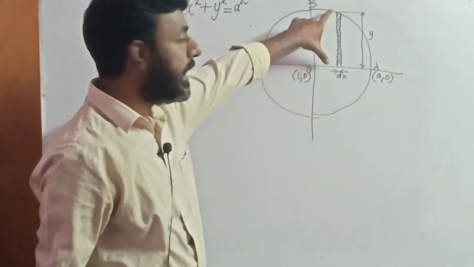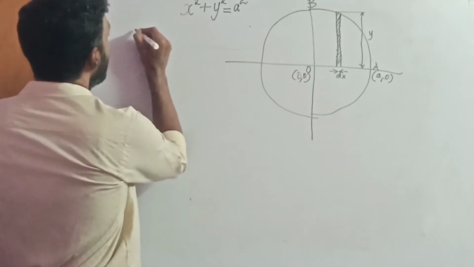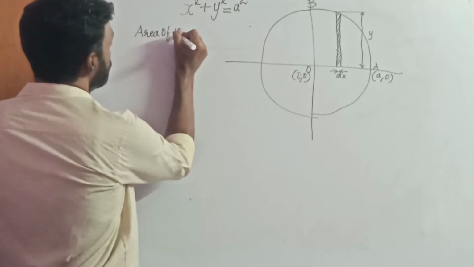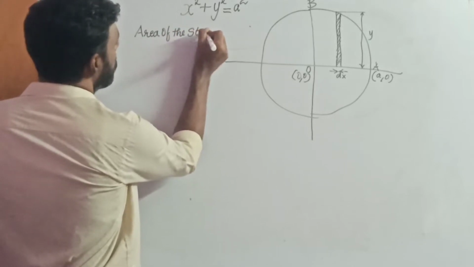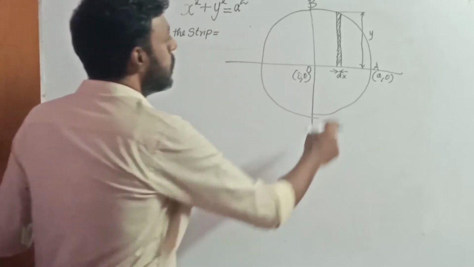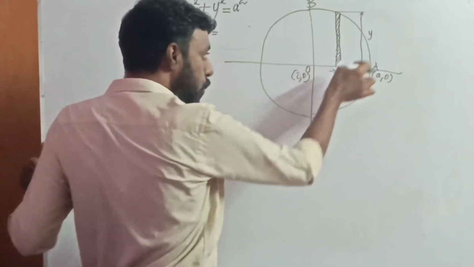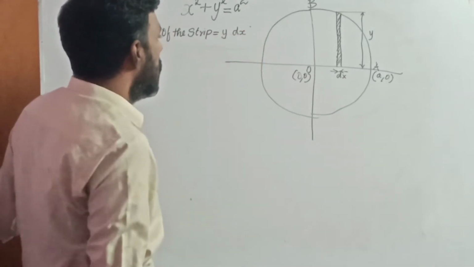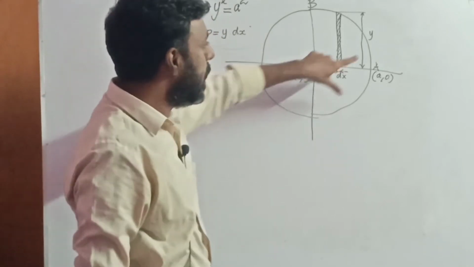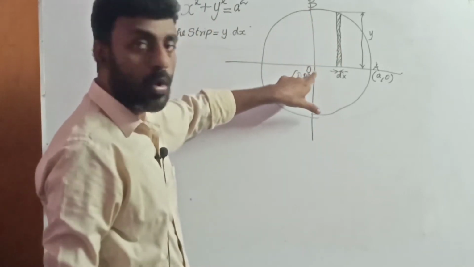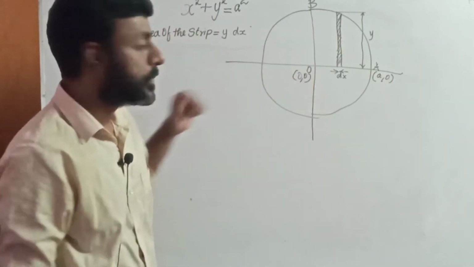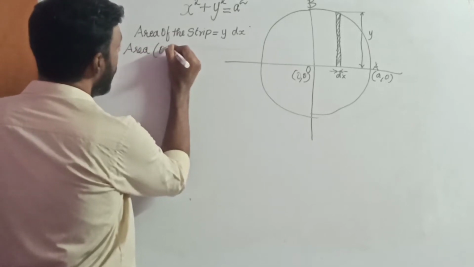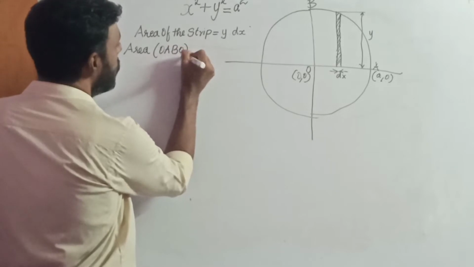So now I'm going to find the area of this vertical strip. The area of the strip will be equal to length into breadth, which is y into dx. Right? This is y into dx. Now I want to find the area of this region, that is OABO. So the area of the region OABO will be,